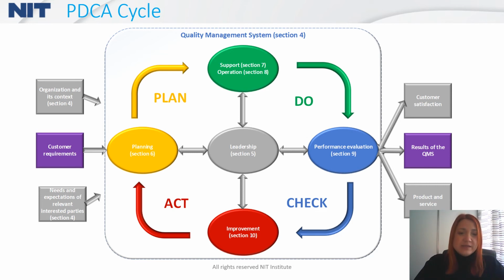In the last phase, which is called act or adjust, you're doing the real improvement. How we can do it and what the basics of improvement are is explained in section 10 of the quality management system. The quality management system begins in section 4. If you are interested in zooming in on the quality management system, there is a supplement, ISO 9001, which you can use for learning the objectives of the QMS.